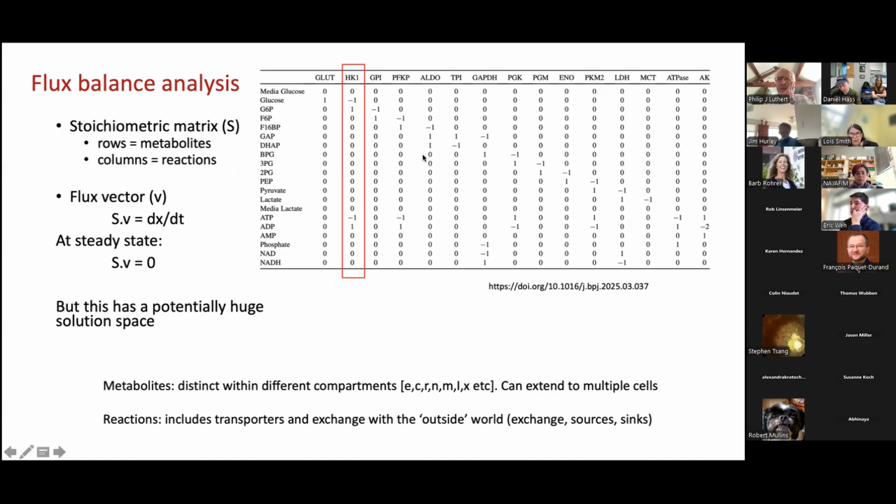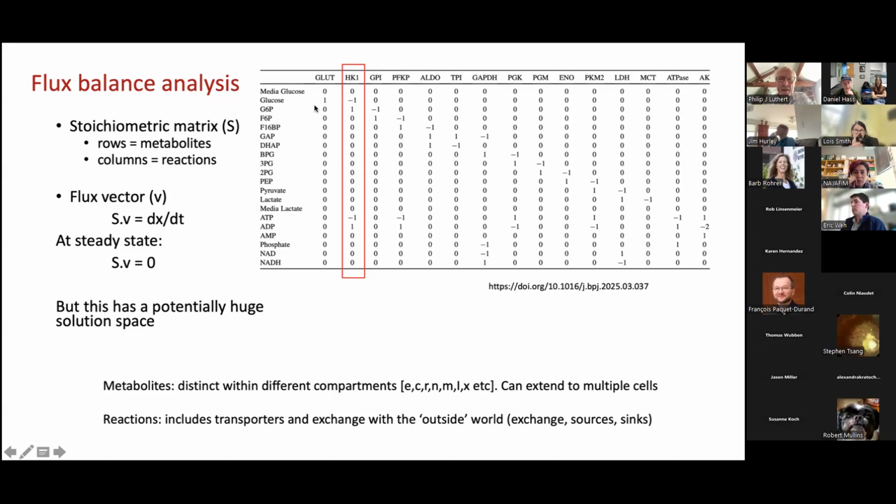And if you then imagine on the right, it's not drawn, a column vector of the flux through each of these reactions, and you then multiply the rows of the matrix by the vector of fluxes, you then get the rate of change of each metabolite. So if we just take glucose and hexokinase, the flux through hexokinase will determine the rate of increase of glucose minus the rate that's being lost through,